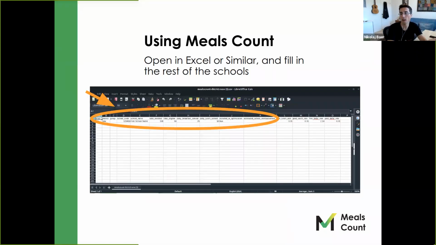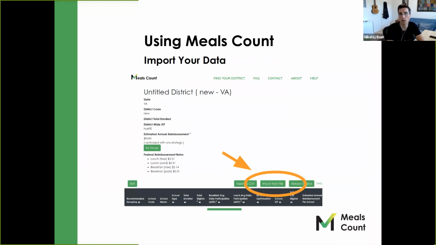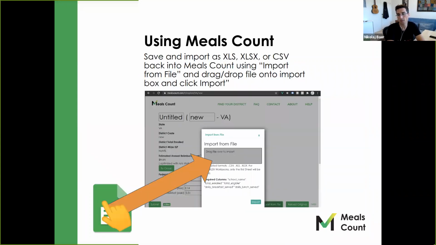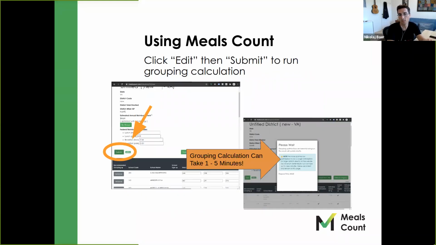In Excel, you'll see that it comes out with these specific columns. Again, I'll be talking about those in a few minutes, but at that point, you're just going to fill in the rest of these rows for the rest of your schools, ignoring the lunch rates and the paid rates and so on to the right. We just want the first row. And then you hit Import File again. From there, you'll drag and drop your CSV file or Excel file, either one works, and click Import. Then you can click Edit and Submit, and it's going to do a pop-up. In some cases, for 11 schools or less, it takes just a few seconds. For everybody else, if you're like 20 schools, 40 schools, it can take up to 2 or 3 minutes. The extremes of it would be like LA and New York.